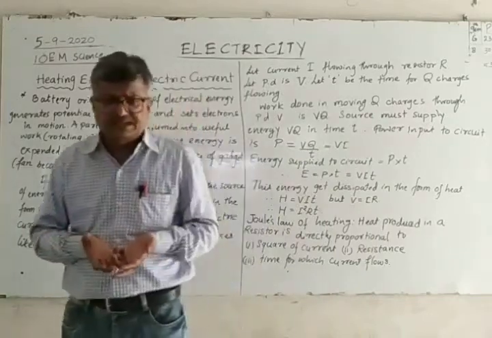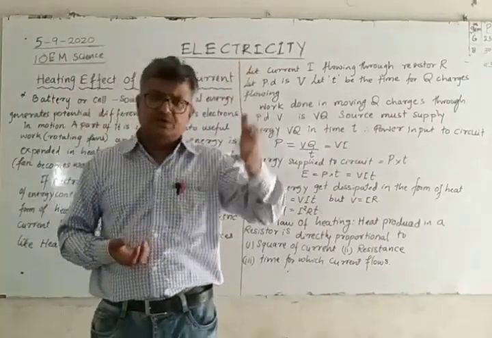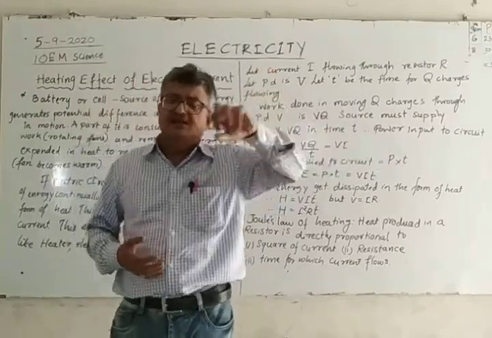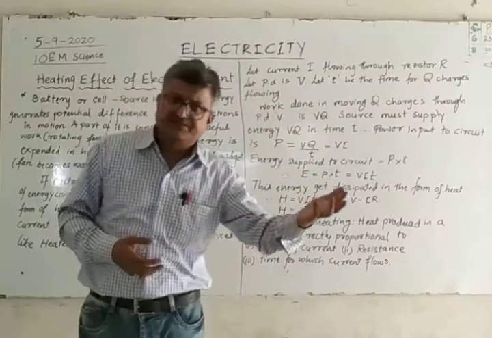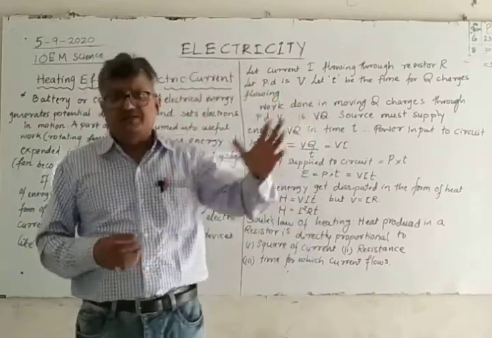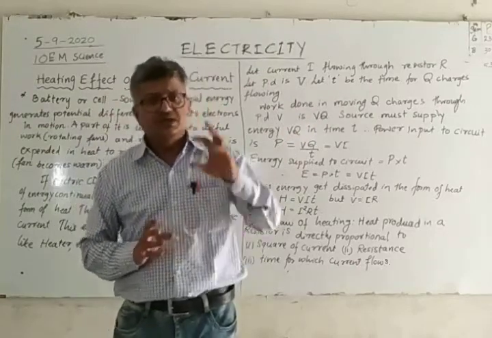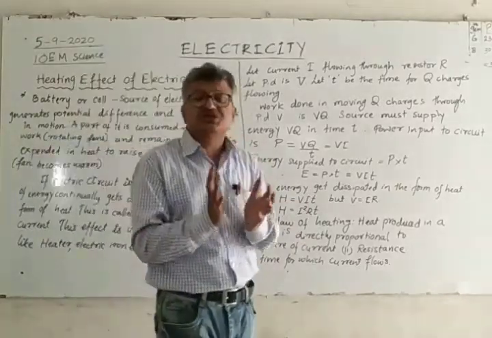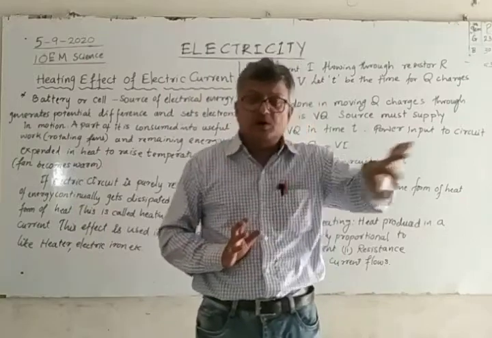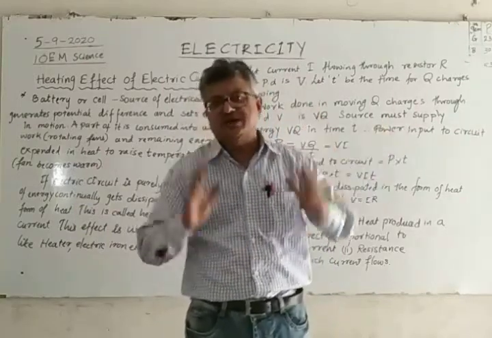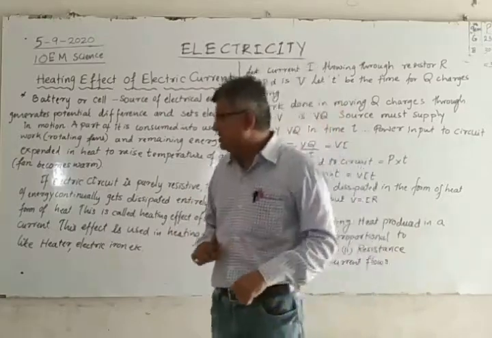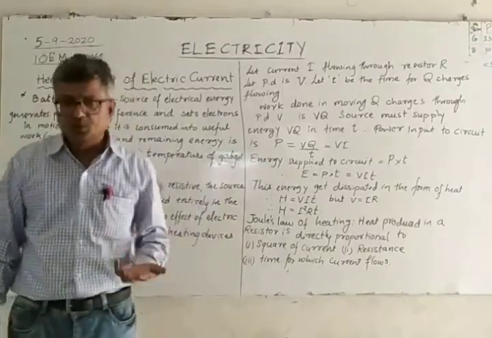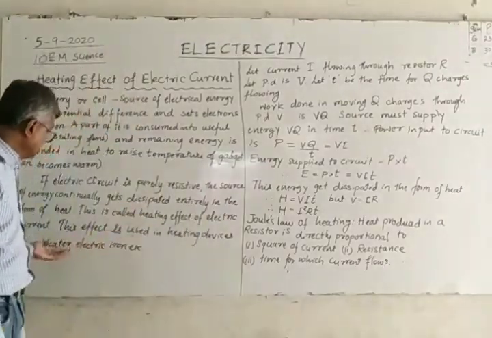When we supply the energy, some part is converted into useful work and another part is converted into heat. That is the case in general gadgets like a fan, mixer grinder or television set. Their main purpose is different, but some amount of heat is produced along with the main purpose. But in a purely resistive circuit, the maximum amount of electricity passing through the circuit is converted into heat, and that heat can be utilized for useful work, like heating water or heating a room or any other purpose like an electric iron.